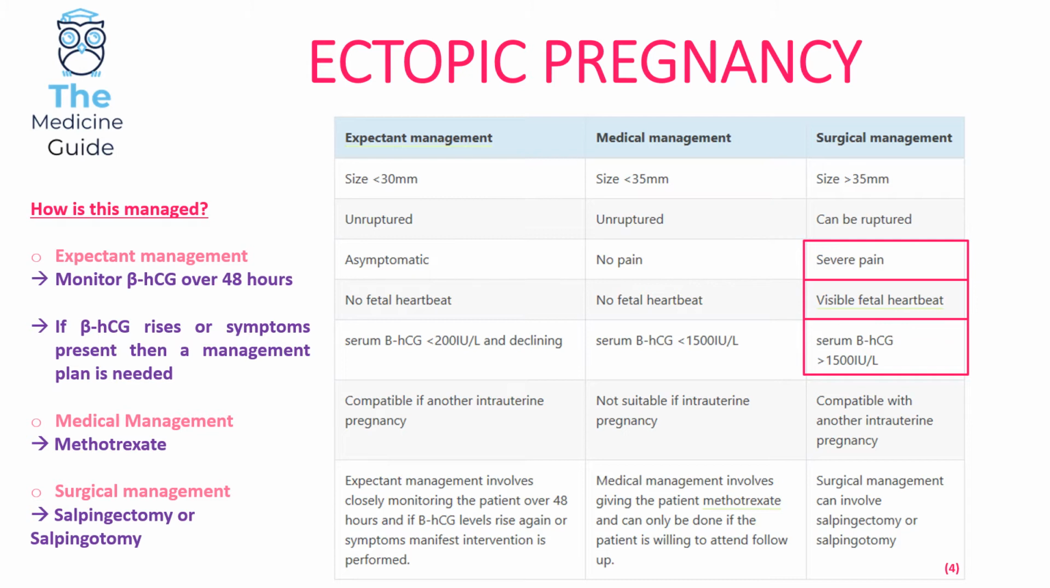A salpingectomy is when there's removal of the entire fallopian tube, whereas a salpingotomy is a surgical incision where it removes the fertilized egg, which is leading to the obstruction within the fallopian tube. So salpingectomy is removing the entire fallopian tube. Salpingotomy is a surgical incision removing that particular portion of the fallopian tube which is being blocked by the fertilized